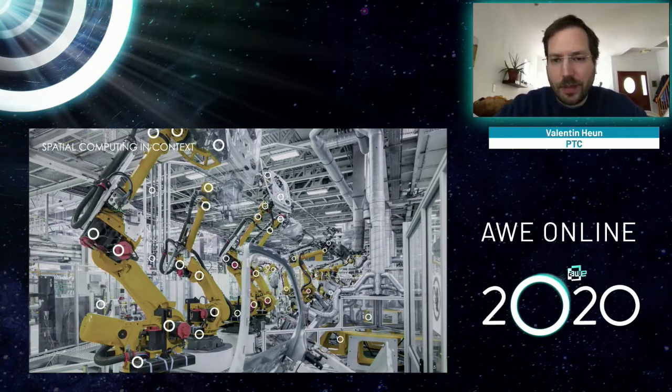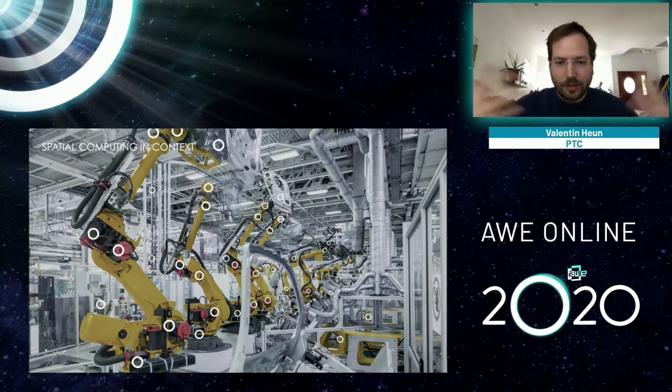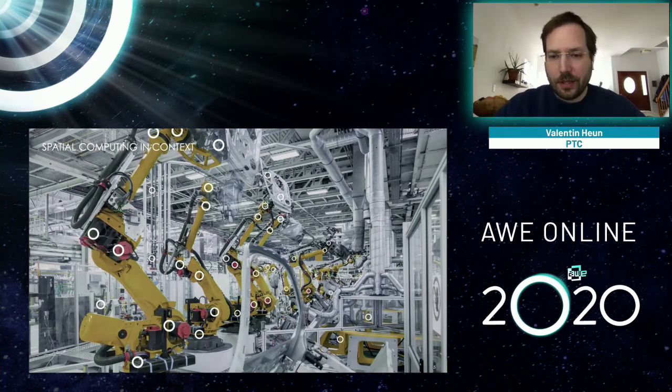And I illustrated this in this picture here. Every one of these little nodes here is basically an idea of a location and data that is associated with it. And when we look at this as a comprehensive platform, as a system, then we can call that spatial computing.